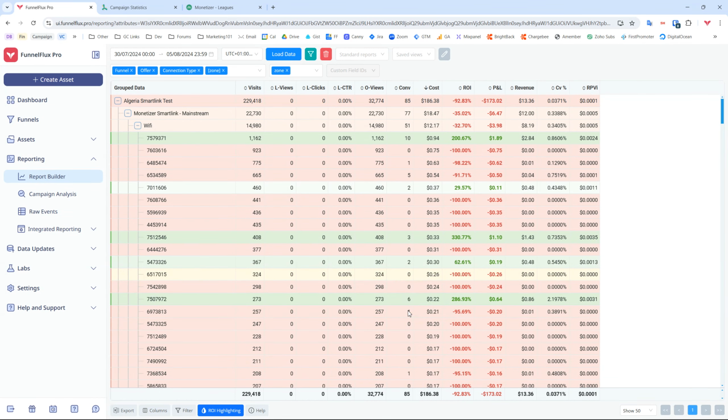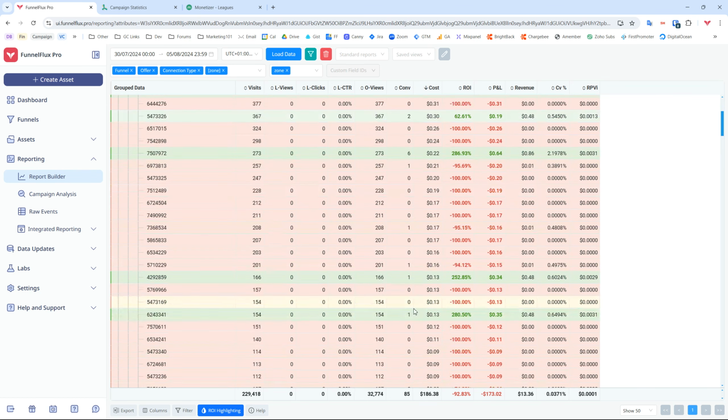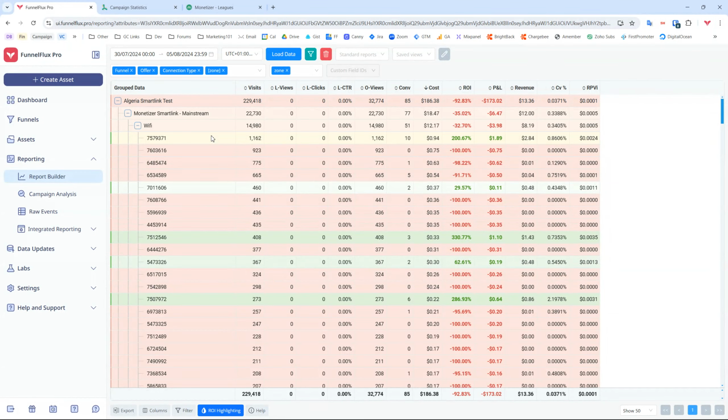I would only really do it when they have multiple conversions and are profitable, not a single conversion. So this one, for example, one conversion, 250% ROI. This is too little data. You would want to let that keep going. But this one at the top, for example, this is a great placement. This is the zone with the highest amount of traffic, and it seems to be profitable. So that's great. But these other zones here, for example, these three, they have spent over 50 cents, which is